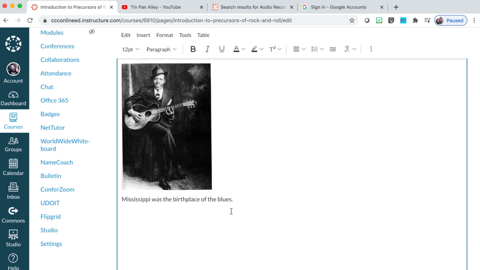Let me just put a period at the end there. And select the blues. Now that I have that selected, I will locate the link tool. And then I will select external links because it is a link to the Library of Congress website.